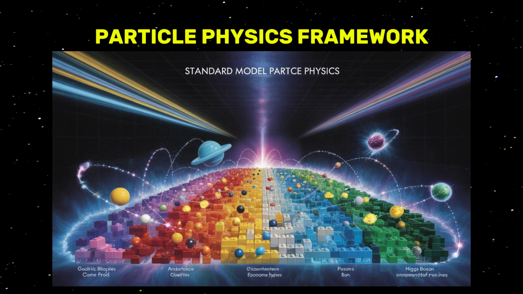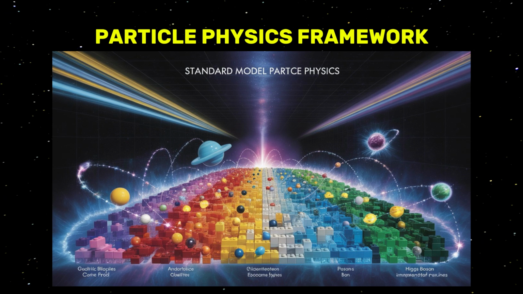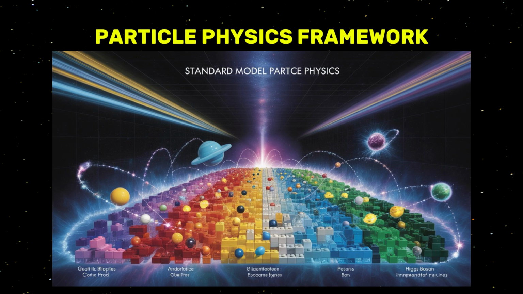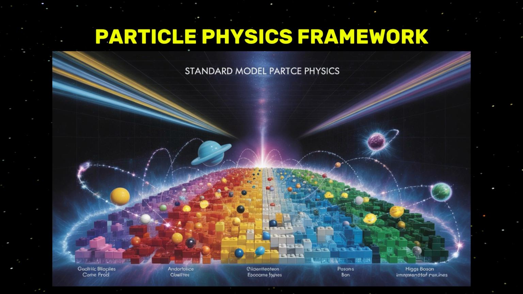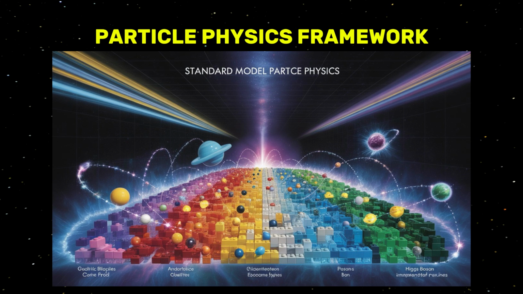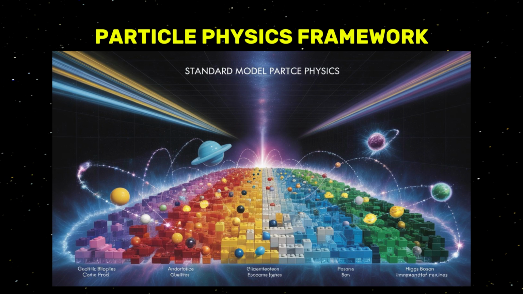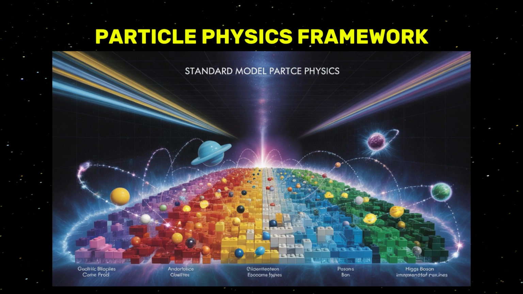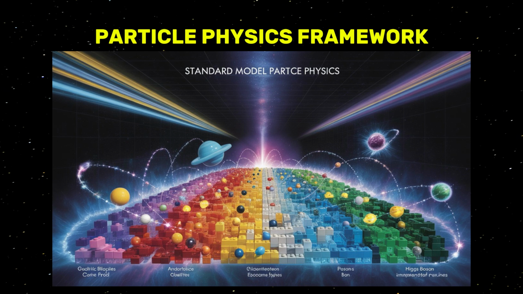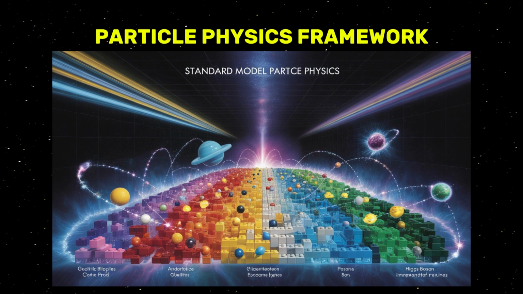To grasp the Standard Model, imagine an enormous invisible web linking everything in the universe. This web consists of particles that interact with one another through exchanges of invisible messenger particles. For example, if you and a friend toss a ball back and forth, the ball could symbolize a force such as the electromagnetic force. By throwing the ball, you interact with one another. Similarly, the Standard Model explains how particles exchange messenger particles like photons or gluons to experience forces. Another analogy is to think of quarks as different flavors or types of building blocks.